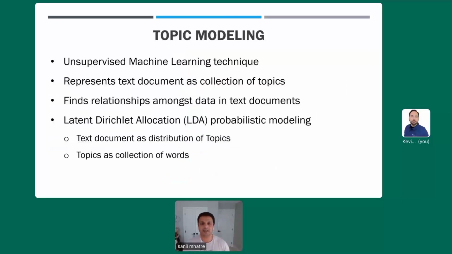Topic modeling is an unsupervised machine learning technique. Most folks may have heard of two broad categories of machine learning: supervised machine learning and unsupervised machine learning. My favorite example of supervised machine learning is teaching a machine learning model to recognize pictures of kittens. We all love kittens, right?